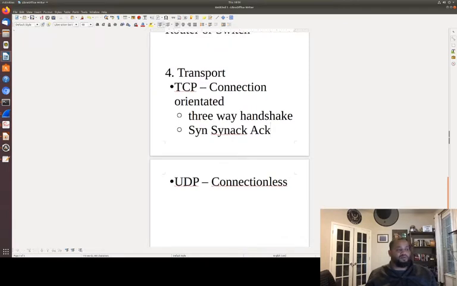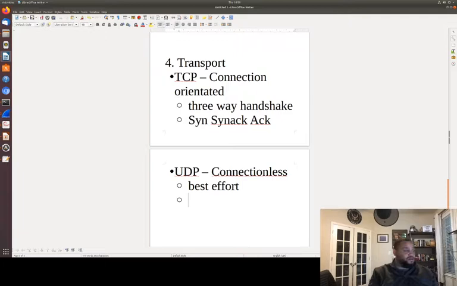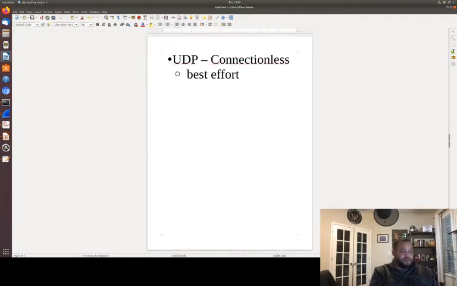UDP is best effort, is what we call it. And I'm going over this stuff because being able to troubleshoot, do diagnostics and understand this is so critical. So you might think I'm beating a dead horse, and I am, but we're going to beat this horse all the way into the ground. We said transport,